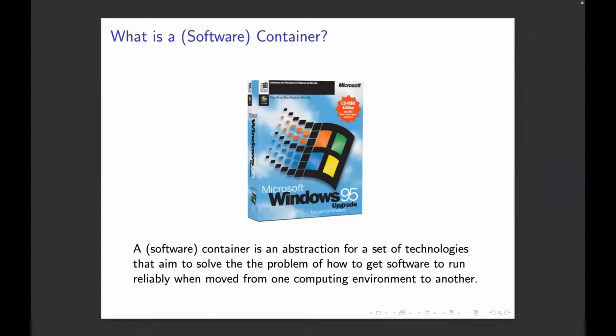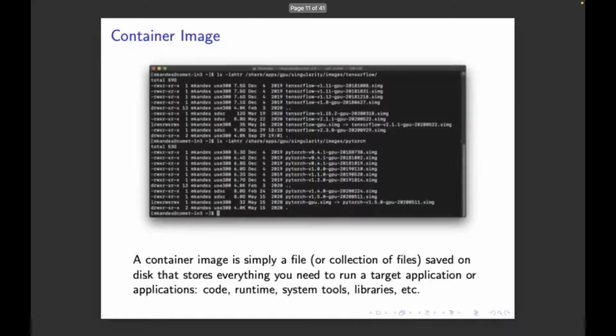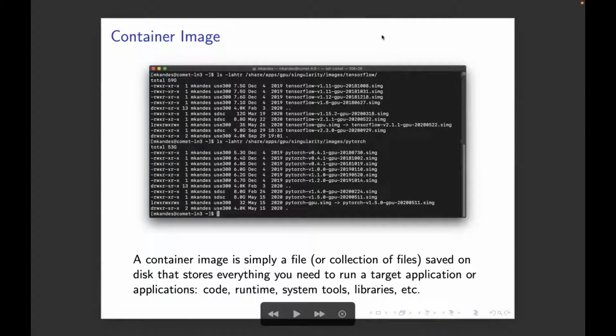And so this notion of a software container, it's a little difficult to explain if you have to dig into the details of how these things work, but it's really a set of technologies that help to solve this problem of making your code reliably reproducible and runnable anywhere you take it, when moved from one computing environment to another. And so it's the set of technologies that help you do this, but how it manifests itself when you're using containers is that there are really two ways to